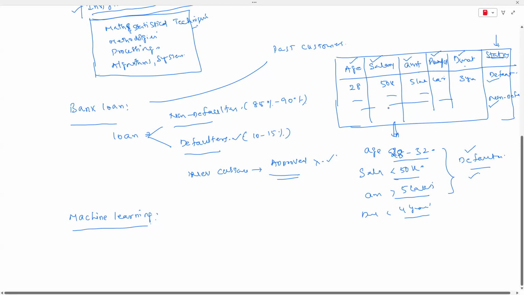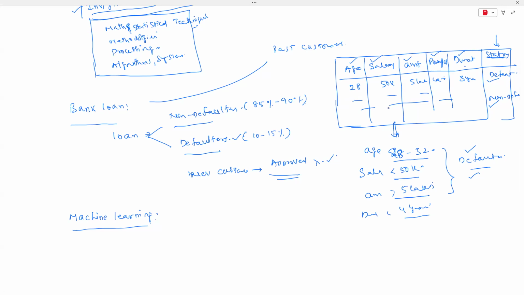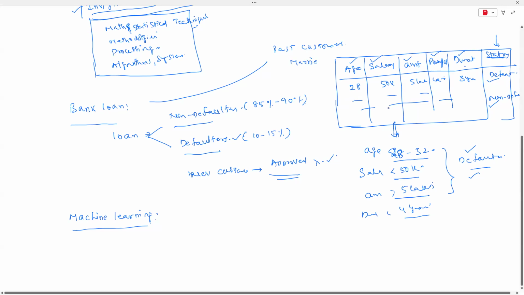But in real time, there are so many other dependencies. Whether he is married or not, whether he has children or not, whether he is staying in a rented house or his own house, whether he has any existing loans. All these are also going to be factors.